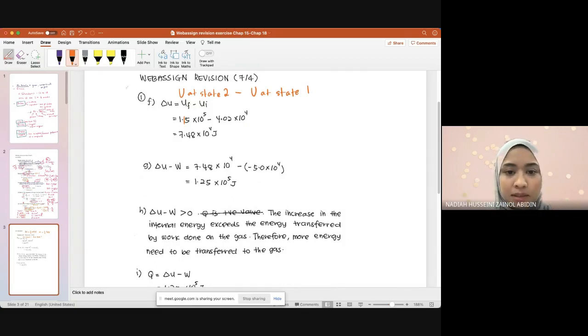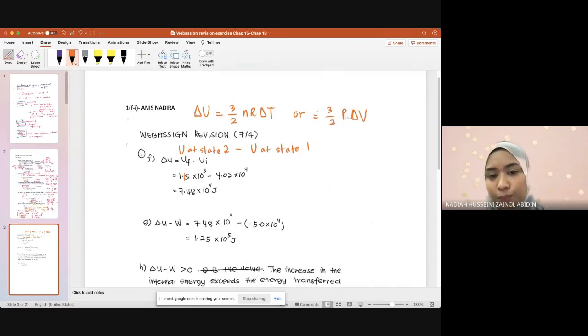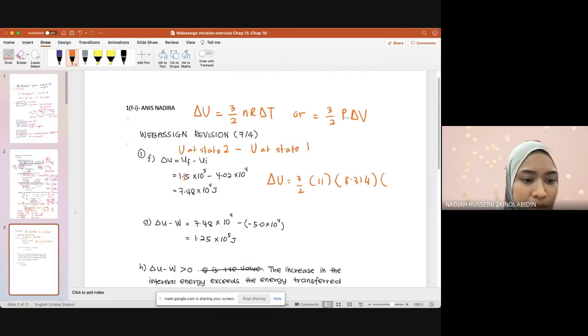And this is easy, delta U. So if you don't want to use this method, you can use the equation that I put over here. So let's try that one. Delta U equals 3 over 2, N is 11, R is 8.314, and the change in temperature was the temperature that,